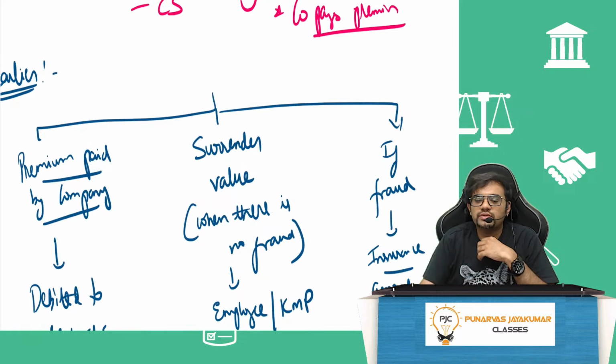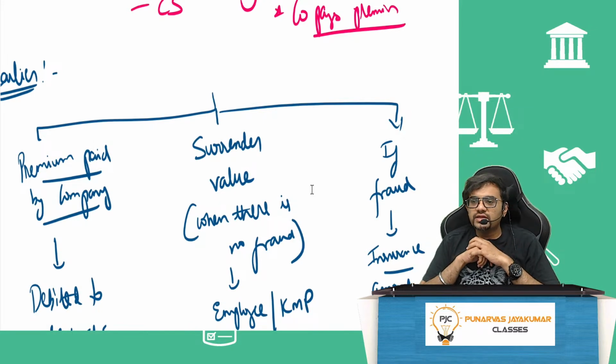Now, earlier, any premium paid by the company was allowed to be debited to the P&L because it's an expense, no problem. But after a few years, if there is any surrender value, whether there is fraud or no fraud, whatever it is, money you will receive. If there is fraud, the company will receive money. Who committed the fraud? The KMP. The company has already taken protection. How? By taking a keyman insurance policy. Are they paying a lot of premium every year? Yes, loads of premium they are paying. So if there is a fraud, the insurance amount that you have received, was it taxed?